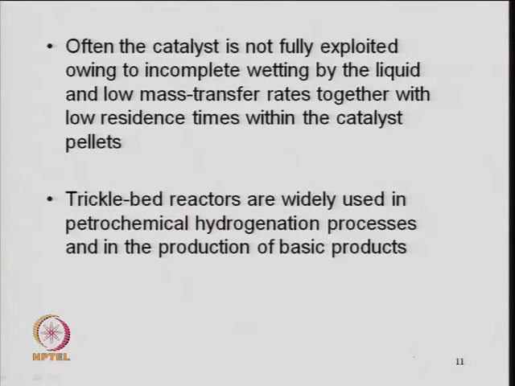Again, the issue with this kind of trickle bed reactor is the hydrophobicity and hydrophilicity. Suppose you have a solid material like alumina. If you put water onto that alumina catalyst, it will immediately take that water. These are known as hydrophilic materials, when they wet the surface. That surface will be completely wetted. But suppose you take this same alumina and coat it with some plastic material like Teflon. Now this is a polymer material, and it will not accept the water. So, this becomes a hydrophobic substance.